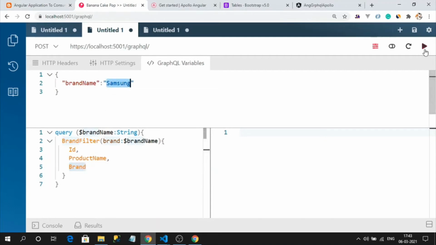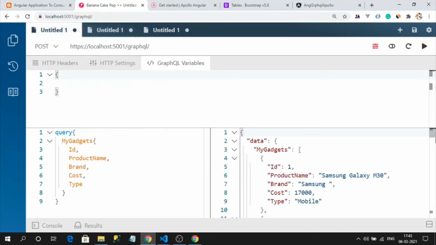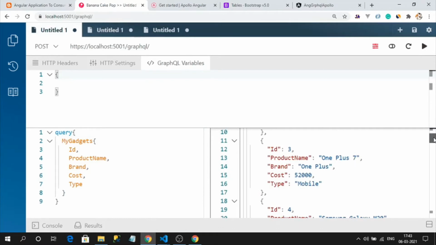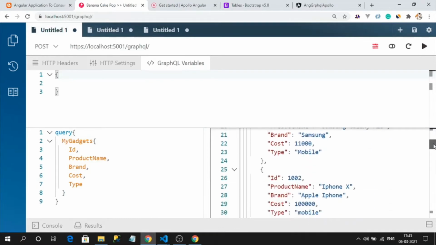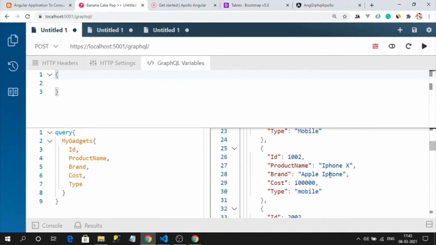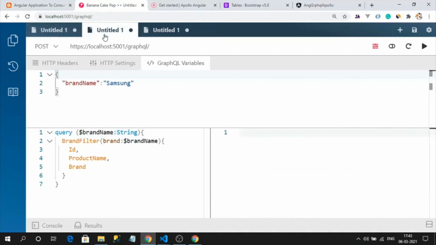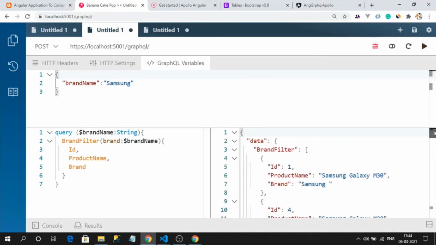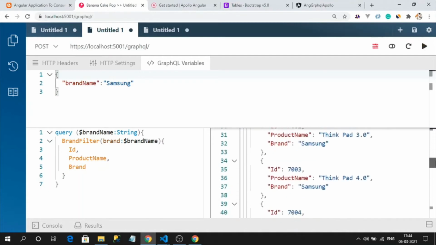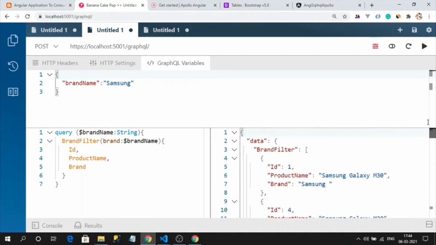So if I click on Samsung, we will first check here. Here we will have OnePlus, Samsung, all kinds of different brands, Apple, iPhone, all brands are there, right? So now I want only Samsung brands. So let me run this command. See, now I am getting only Samsung brands. Okay. Now if I try OnePlus,